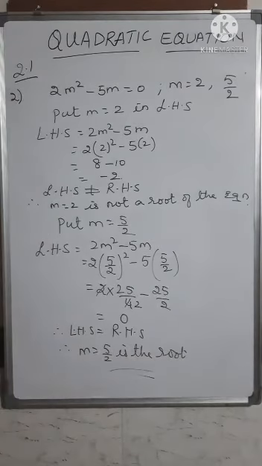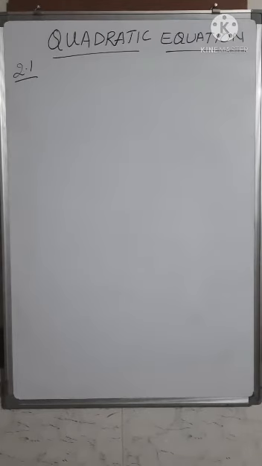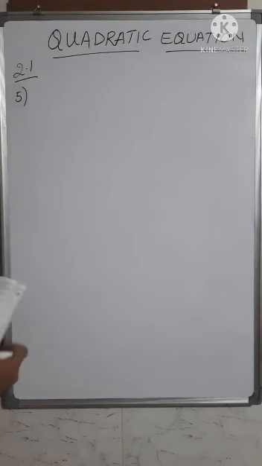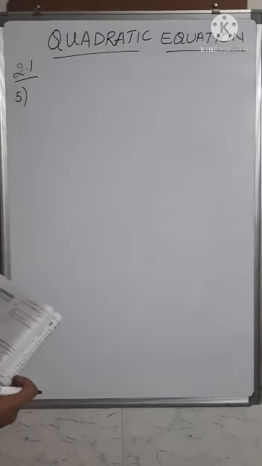Now you have the next type of problem, where they give the root and you have to find the value of an unknown term given in the equation. So the fifth problem: find k if x is equal to 3 is the root of the equation. They have given an equation and the root of the equation. You need to find out what the value of k is.